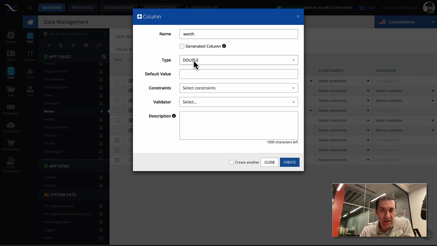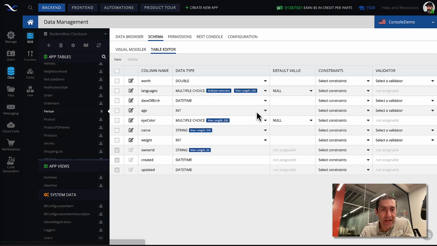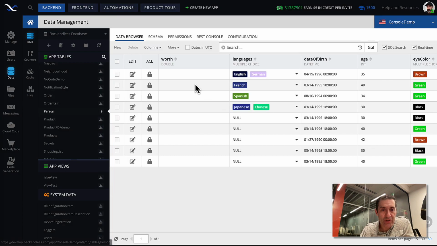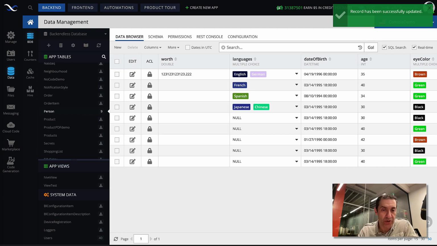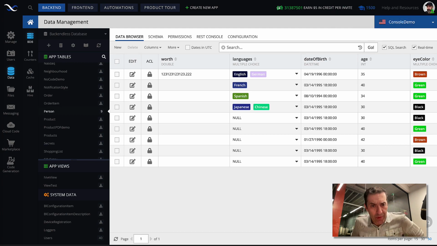So here, if it is double, click create, and now going back to data browser, here you can start entering some very large values. Okay, so those are going to be stored as double. Whenever you run an API to get that value back, you'll get exactly what is entered here or whatever you're saving with the API. So that's very straightforward. Let's take a look at